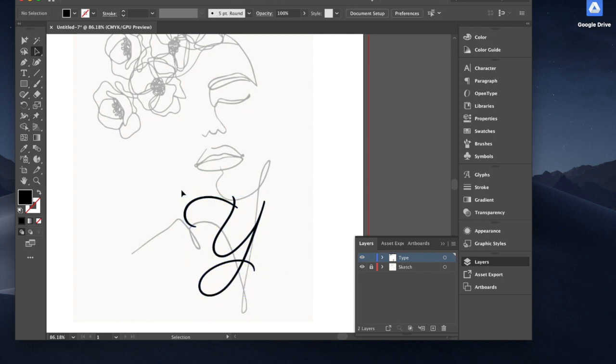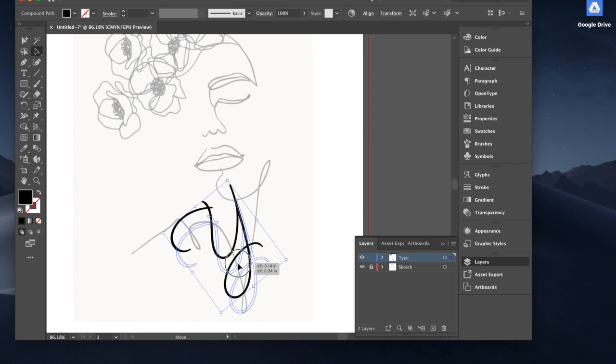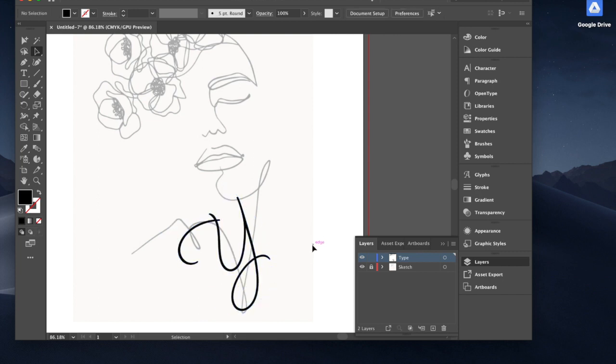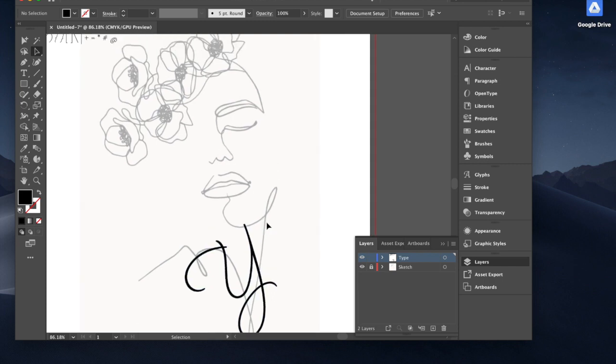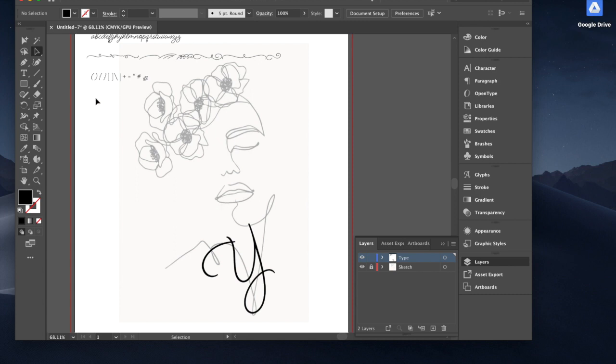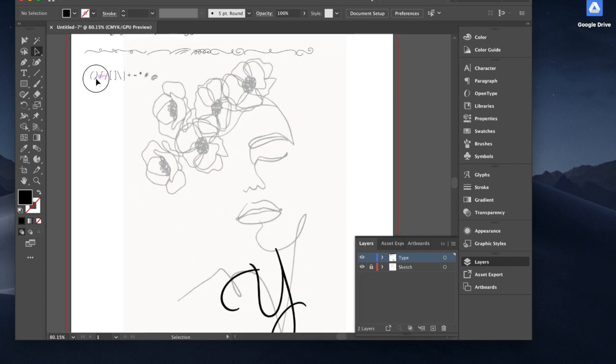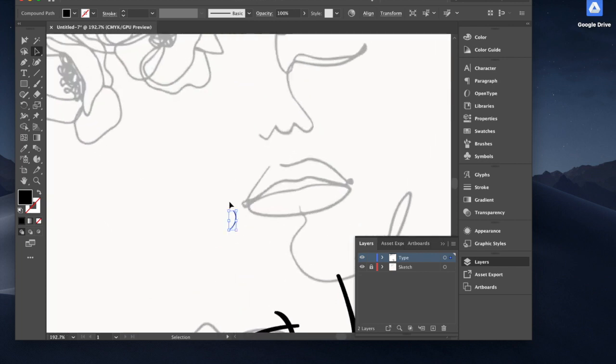Now I'm going to then rotate it and make it start to fit with that little drawing right there. And I might have to go back over and get another letter to make this shape right here. You know, right here, this shape of the bottom of the lip, that would be great to use one of these brackets. Again, I'm holding the Option key down as I drag it over because that's duplicating it. Go up a little closer, I'm going to rotate it. I'm going to hold the Shift key down and drag it to make it bigger. Put it into position, maybe rotate it